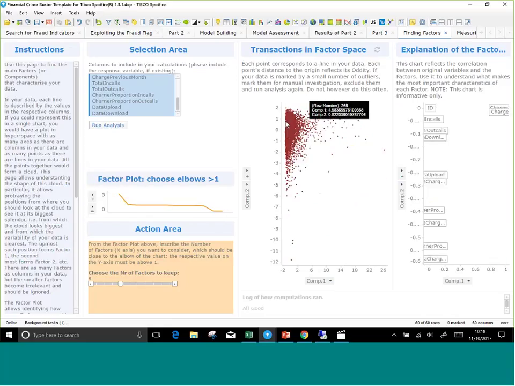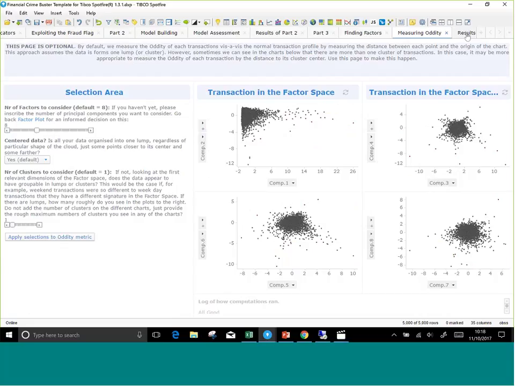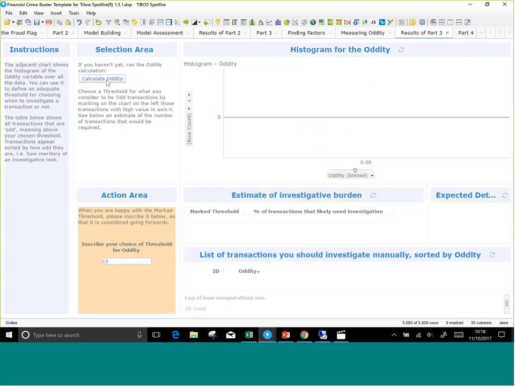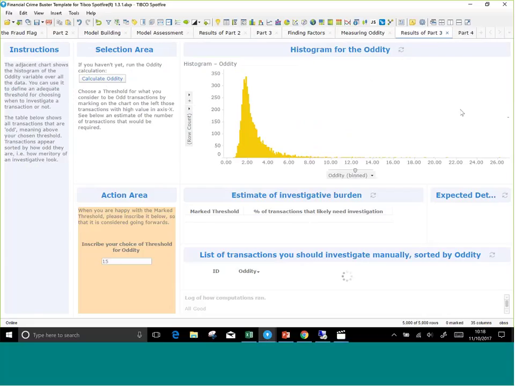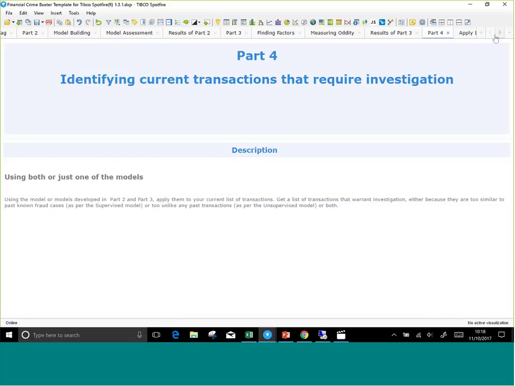In part 3, you can actually then apply the unsupervised learning to the customer data, and you can see that all your customers are more or less organized in a cluster, with some customers far away. You could apply clustering on this data now, but you can see it's mostly one cluster, so maybe there's no need to do that. And now I can look at my most unusual customers. If I just run that script that's behind this button and set a threshold for choosing to interact with those customers, then again, I have